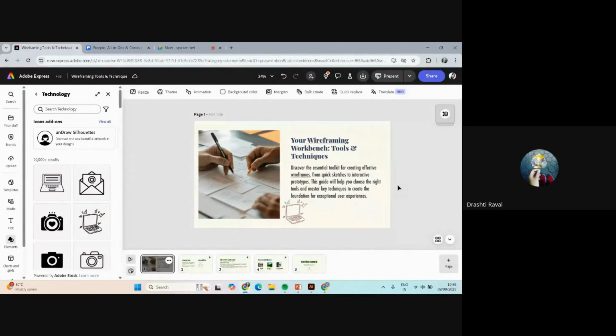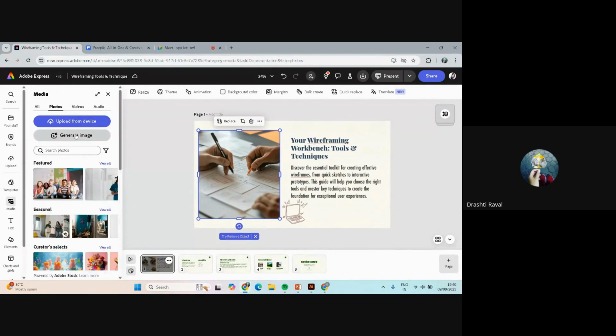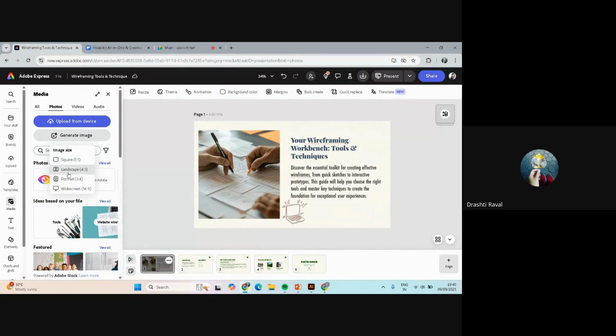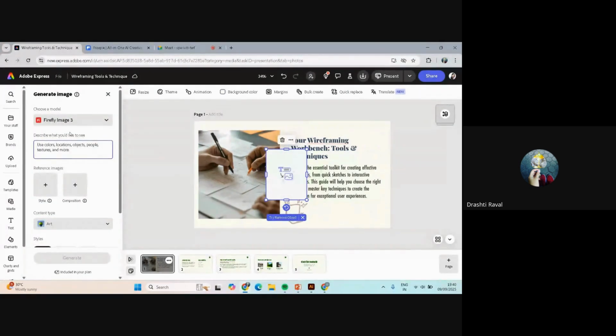Now there is a thing. I have taken my sample presentation ideas. Now, talking about the image, I'm not able to find any image in the media section. So we'll go to the generative AI also, and you can see this according to your size. They have a portrait section here, and I will give a prompt. Give me an image of